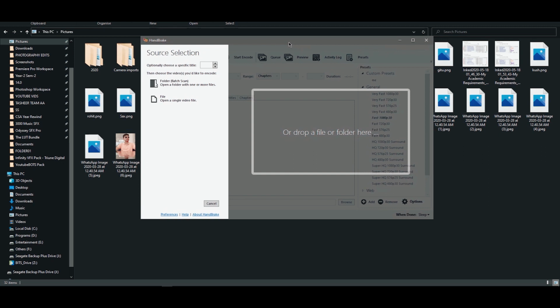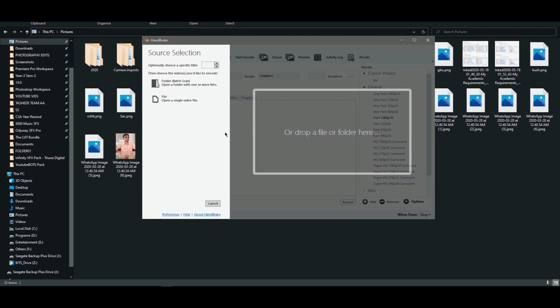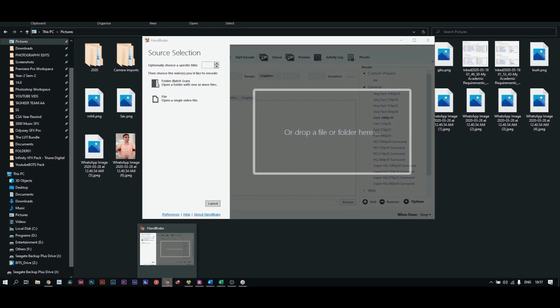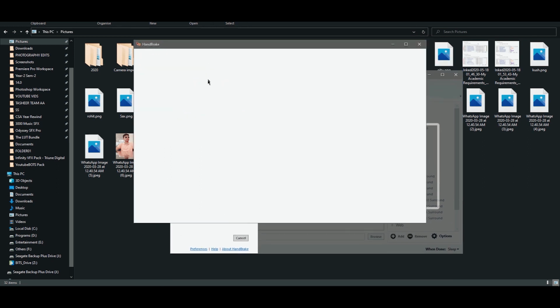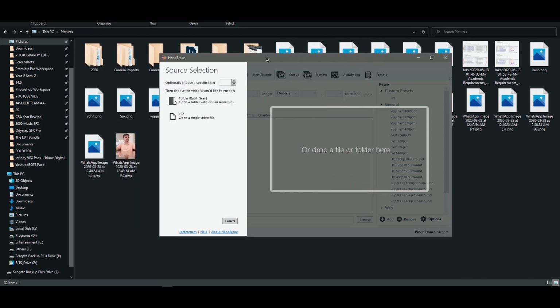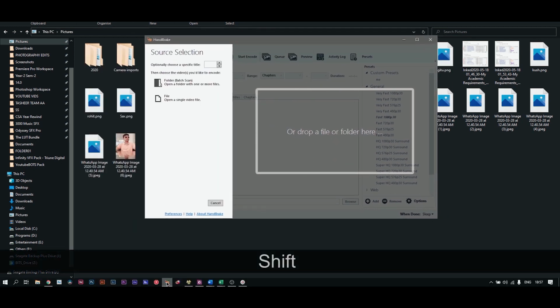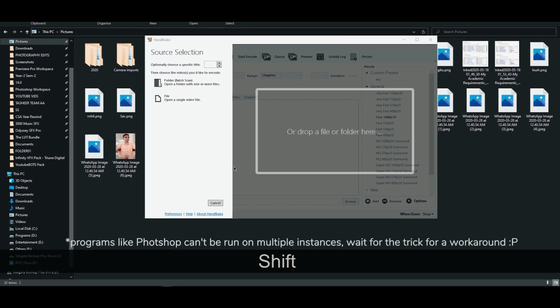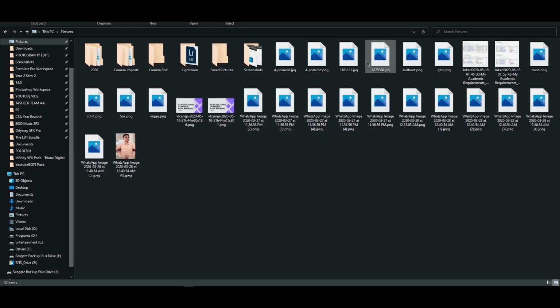This one is used for opening multiple instances of a program. Normally if you want multiple instances of a program to run, you would go to the program, right click and click on the application again, and then it will open another instance of the program, like Handbrake I'm showing right here. What you can do is simply hold Shift and click the application again, and you can see it has opened another instance of the program. This might be useful for programmers who are working on multiple screens and all those things.